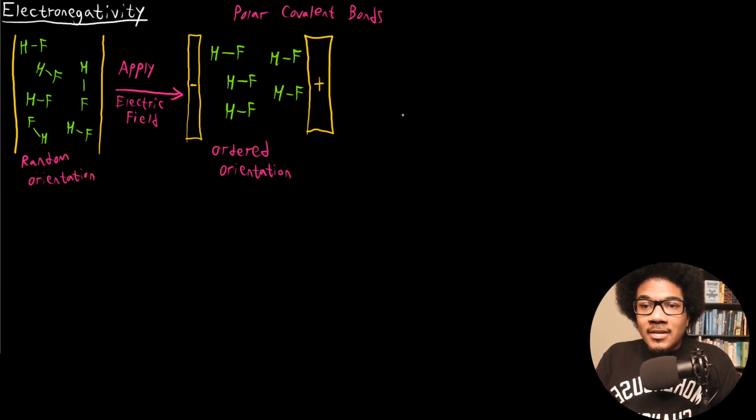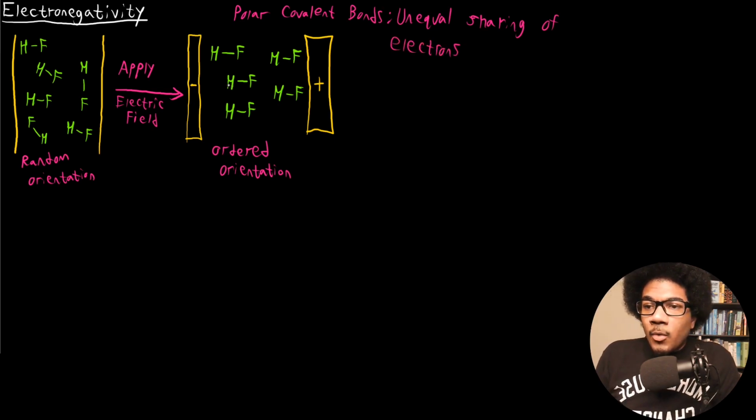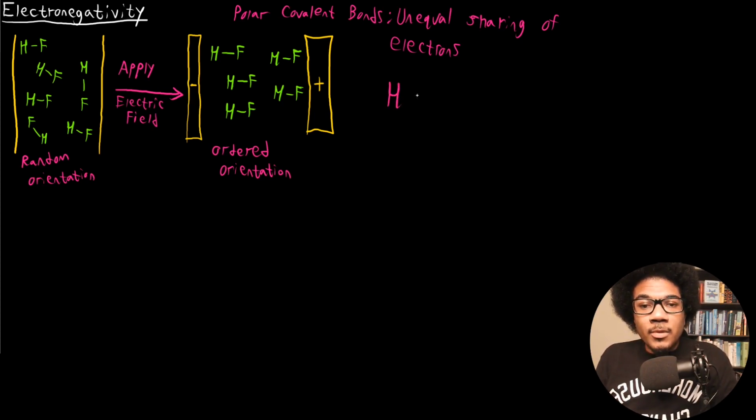So what this is indicative of is an unequal sharing of electrons. And that's what a polar covalent bond is. It's a covalent bond where there's an unequal sharing of electrons. Right? So because we have this unequal sharing of electrons, the fluorine is going to be slightly negative and the hydrogen is going to be slightly positive, right? So if we're looking at HF